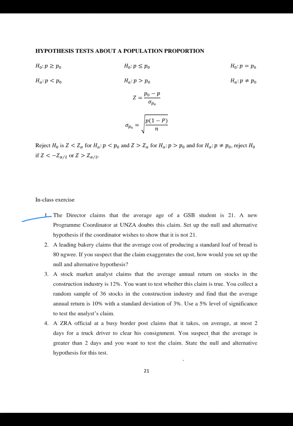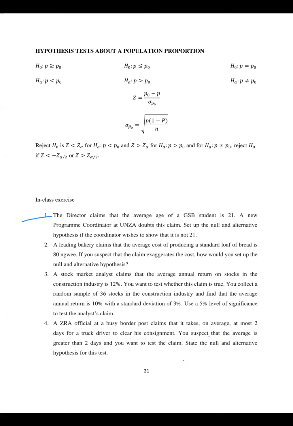The director claims that the average age of a GSP student is 21. This is the first claim, the existing claim, that mu is 21. A new project coordinator at UNZA doubts this claim. Can you set up the null and the alternative hypothesis if the coordinator wishes to show that it is not